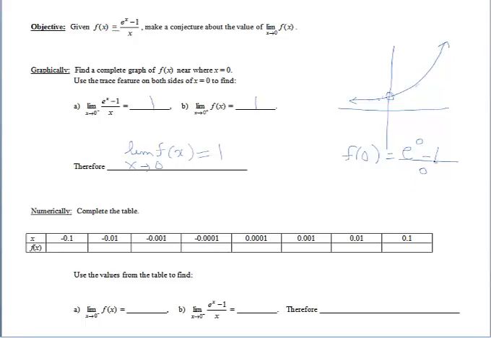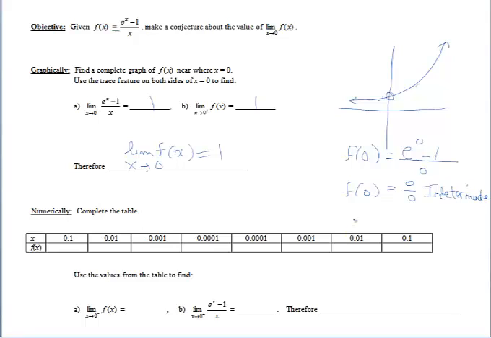e to the 0 is 1. 1 minus 1 is 0. So we end up with 0 over 0. Okay, well, look at this form here. This form is what we call the indeterminate form. It's indeterminate. And when we arrive at this form,